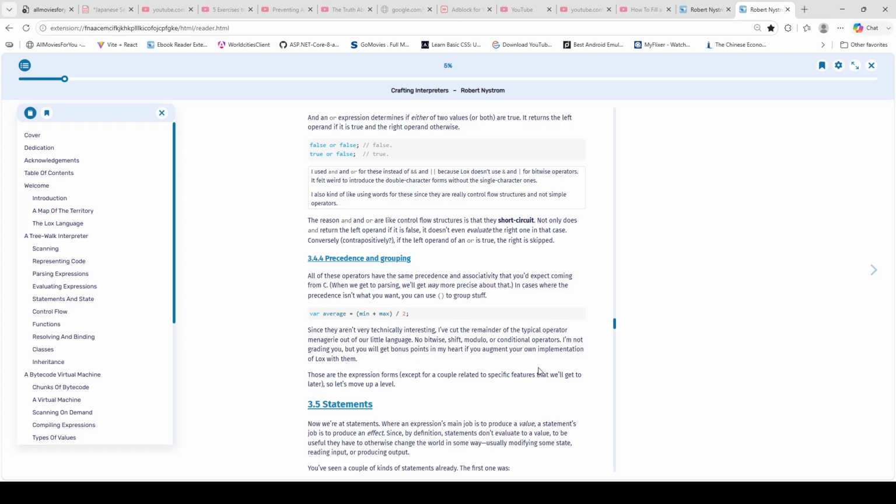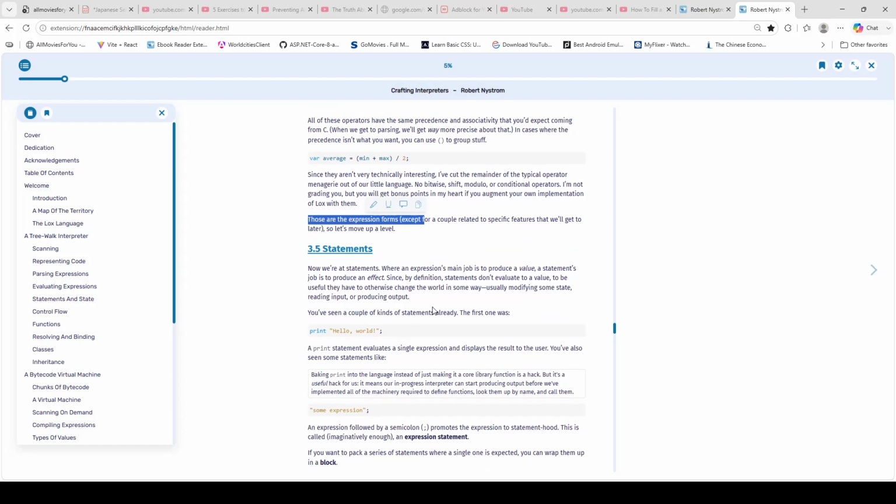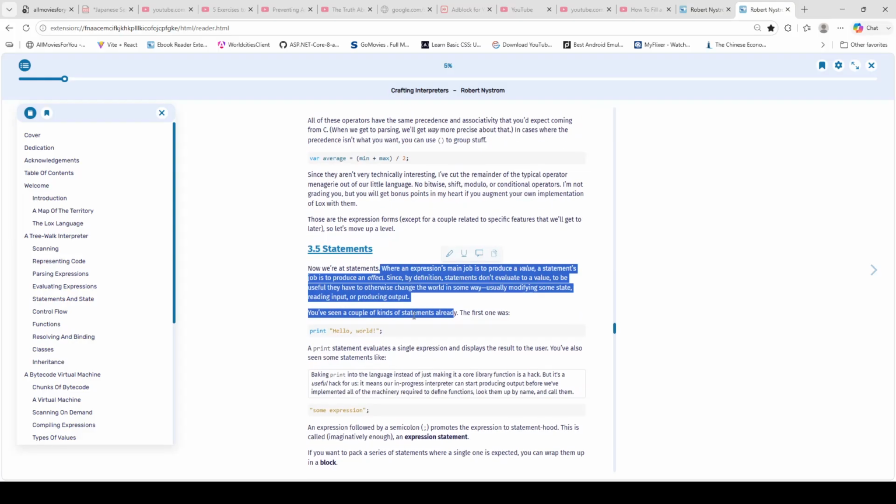So the ternary operator, the conditional operators, are actually part of the expression. The shift, the bitwise, the modulo that we would use in a FizzBuzz is actually an expression, but they're not that interesting. So I'm not grading you, but we'll give a bonus if you implement that. And those are the expression part of the language. Primitive type expression, then